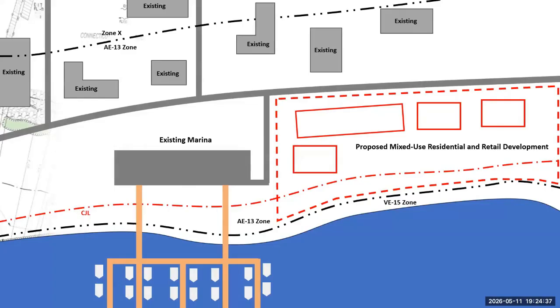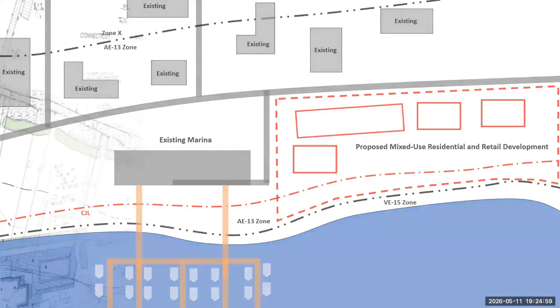So changing the zoning designation to a mixed-use designation that will allow for residential development within the flood hazard area. You have this AE13 zone. That's something that might be in conflict with the Connecticut Coastal Management Act and has the potential to increase residential density, and that would increase hazards to life and property. So we might recommend against that.